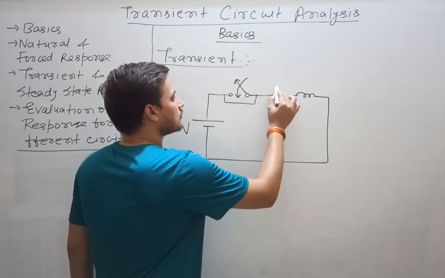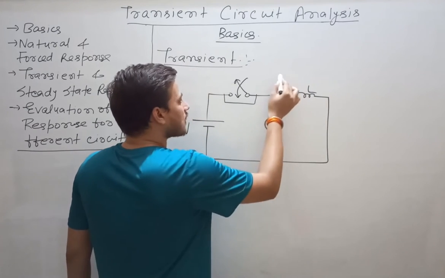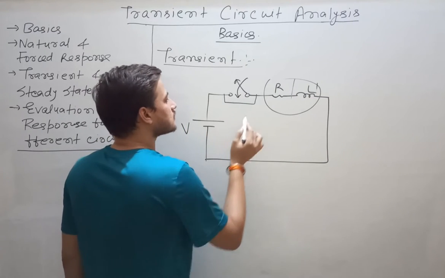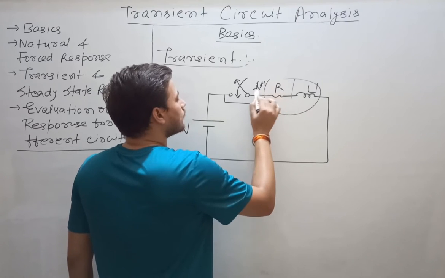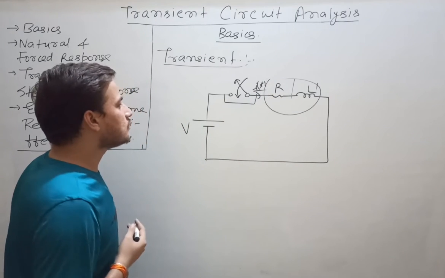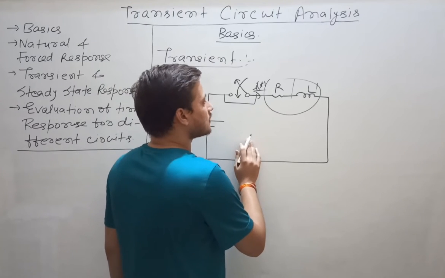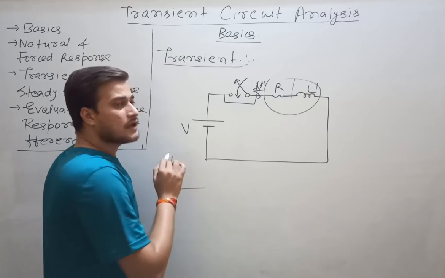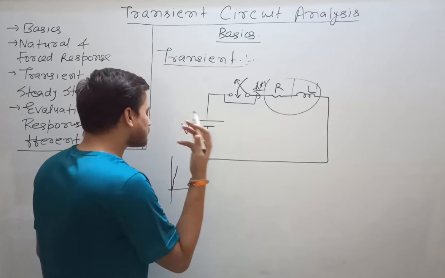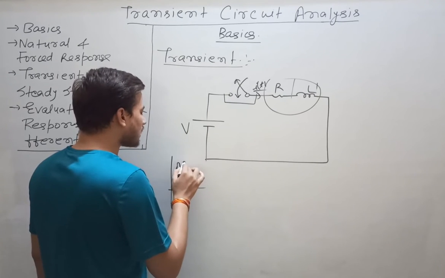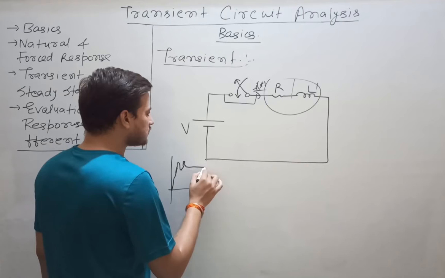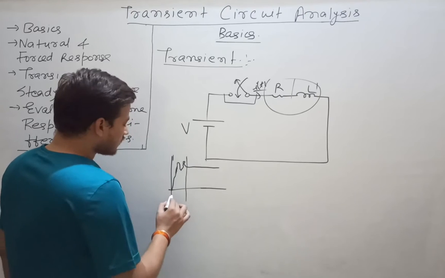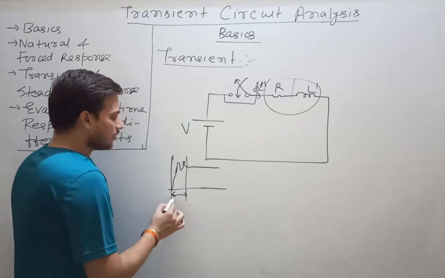So when the circuit is closed, you will see that initially the current was 0, and the voltage across the inductor was 0. Now when the switch is closed, a current i(t) will start flowing through this circuit. Now what will you see? Initially the current was 0. When the switch is on, that current starts increasing. In some kinds of circuits, you will see that the current fluctuates for some period, and then the current will settle to a new value. So this period is called the transient period.